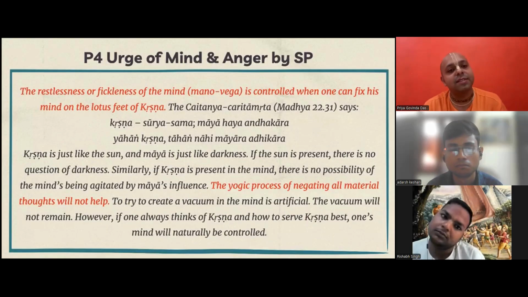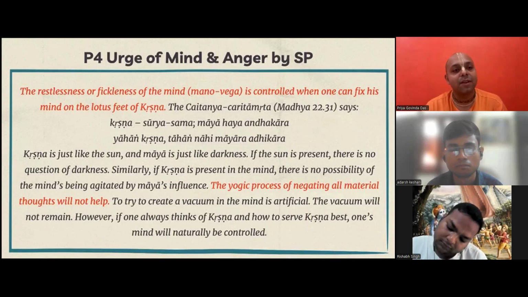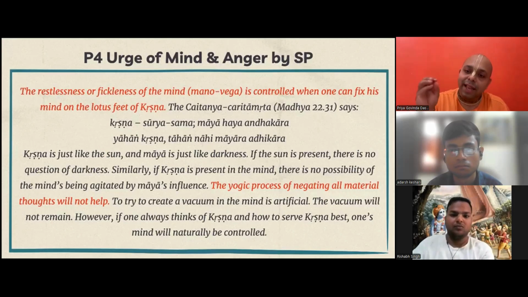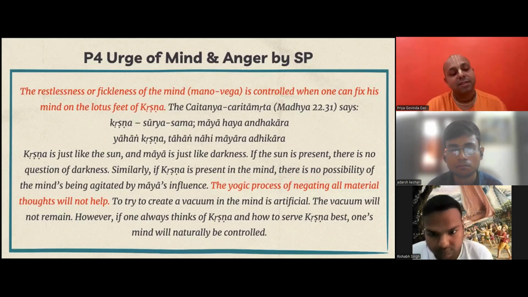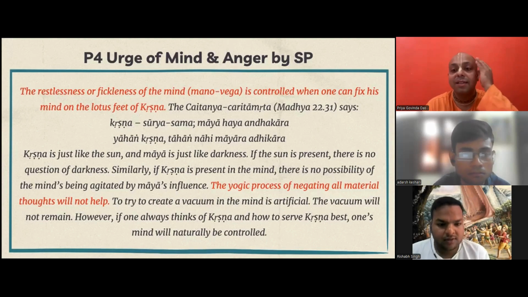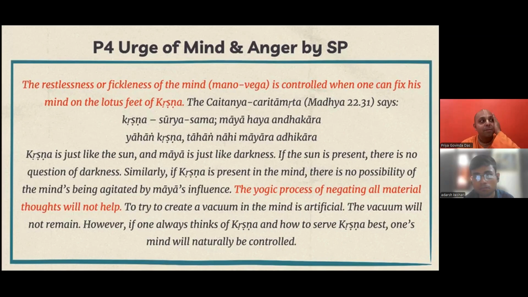And this Mano Vega is controlled, Prabhupada says, when one fixes his mind on the lotus feet of Krishna. So what does it mean, focusing our mind on the lotus feet of Krishna? He gives a very beautiful example. Why does Prabhupada quote the example of the sun? Because if in a room there is light, there is no question of darkness. Similarly, if our mind is occupied by thinking about Krishna, by serving Krishna, and by talking about Krishna,